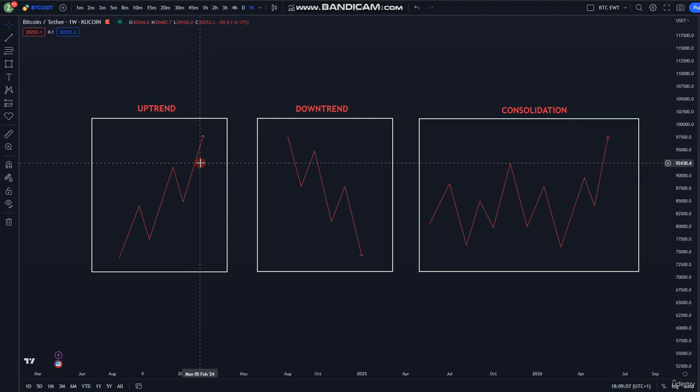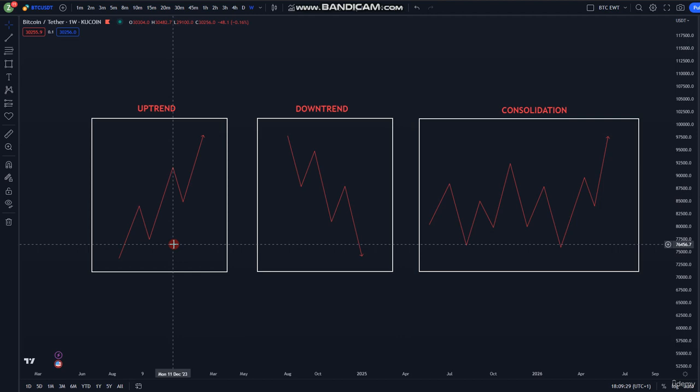The bulls are favored in this scenario, okay? The bulls are people who are betting on price to go up. Bears are people who are betting on price to go down. So this is your uptrend. Just a series of higher highs and higher lows. Very simple, but again, something that a lot of people don't take into consideration and will end up taking the wrong side of the trade just because they're not zooming out